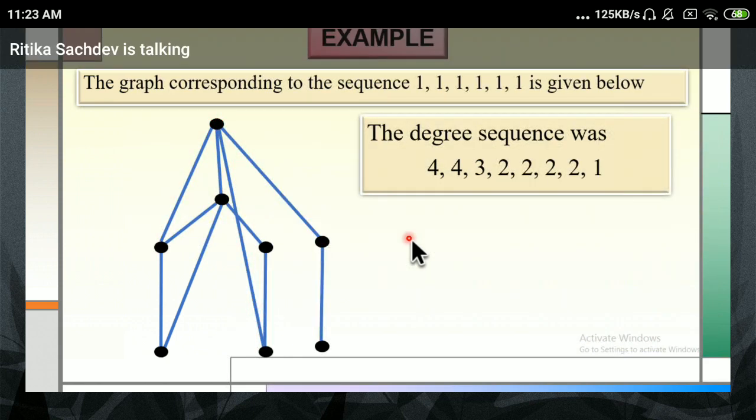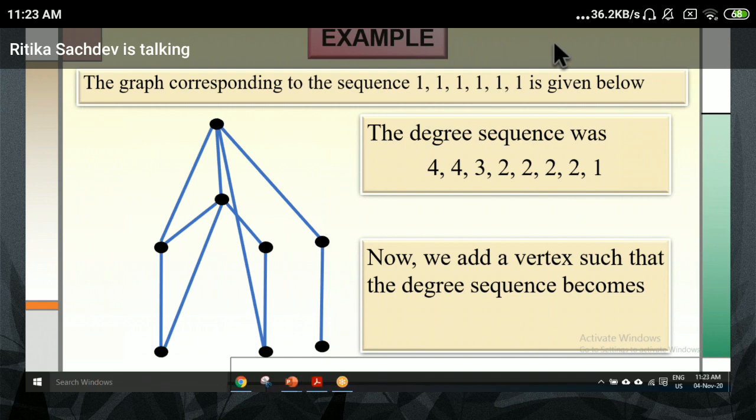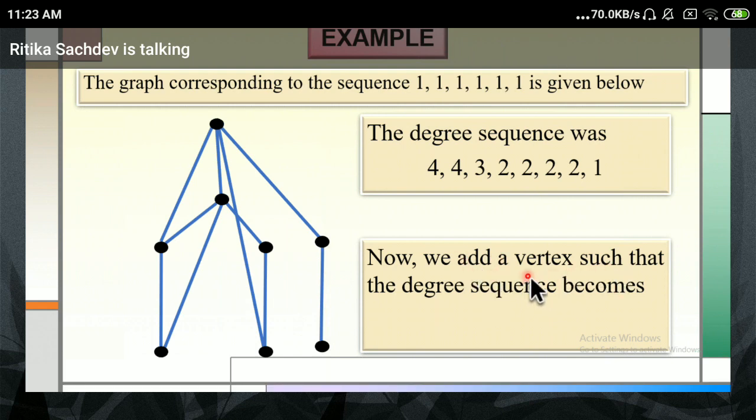So now this was my graph and all the edges are labeled as blue so that you can understand the difference between what were the earlier edges and what are the new edges which I'm drawing. So the degree sequence of this graph is 4 4 3 2 2 2 2 1. Now we are adding the last vertex. At least in our case, this is the last vertex. We have to add in such a fashion. Check, this particular red dot has appeared over here. I'm putting this randomly anywhere, wherever you want you can put it, but then follow this particular sequence.